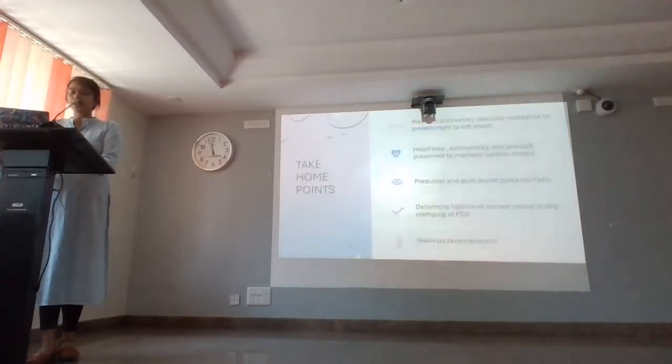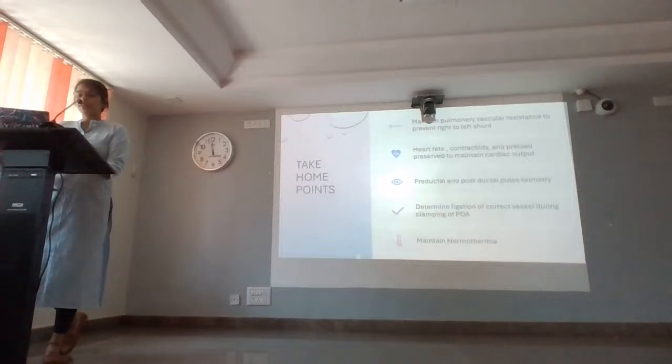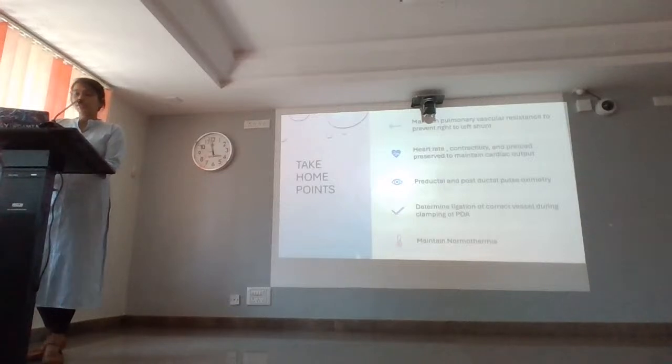So take-home points are we have to maintain the pulmonary vascular resistance to prevent any right to left shunt. The heart rate, contractility and preload, with more emphasis on the heart rate, has to be preserved to maintain cardiac output. Preductal and postductal oximetry has to be kept, and we have to determine the ligation of the correct vessel during clamping, and maintain normothermia, something we should not forget, especially in the preterm